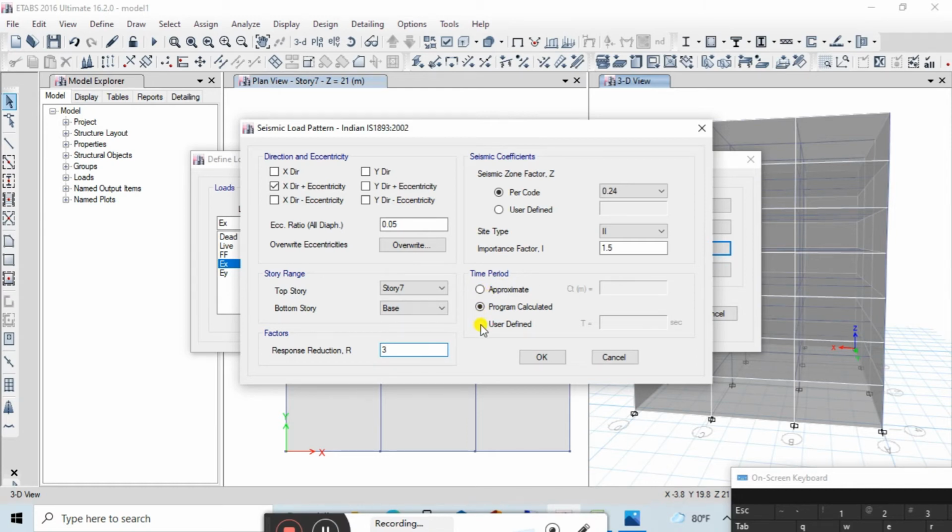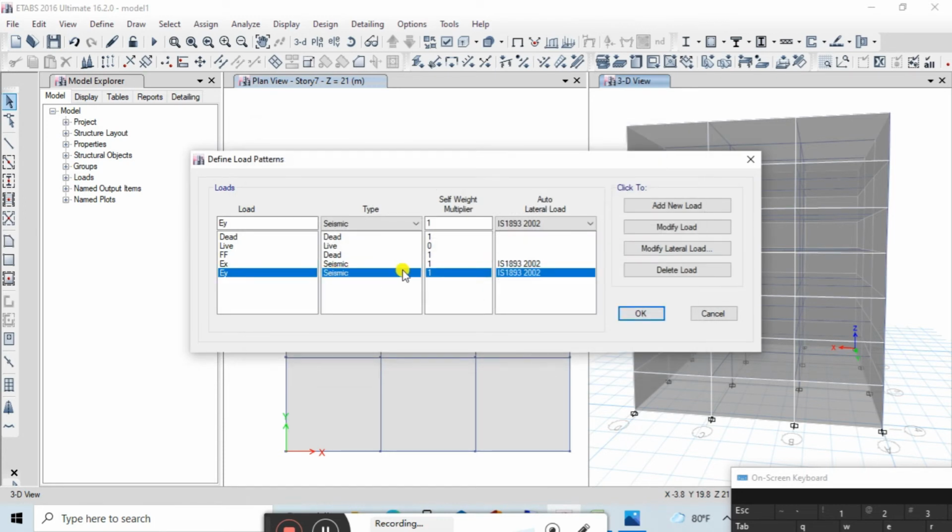Then we can give it as user defined 0.44 seconds, but in most cases we need to go for program calculated, which means ETABS itself will calculate the time period of your structure. So the better option to use here is program calculated. And in story range we have the top story as 7 and the bottom story as base. Now this is all for the x direction, then press OK.